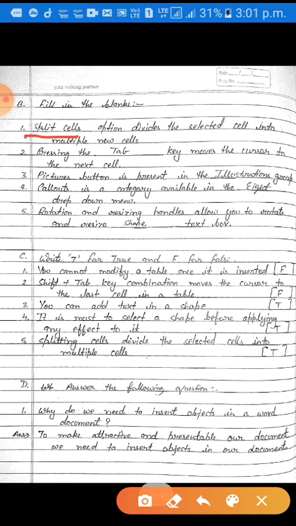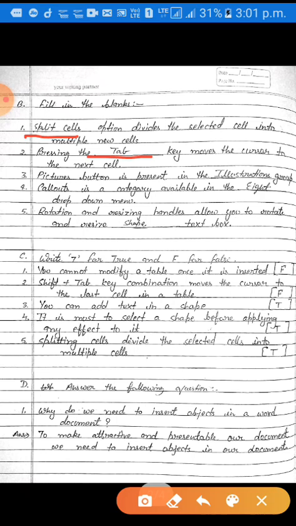Question number second is pressing the dash key moves the cursor to the next cell. Dear students, when you press the tab key, your cursor will move to the next cell. Okay, so dear student, pressing the tab key moves the cursor to the next cell.